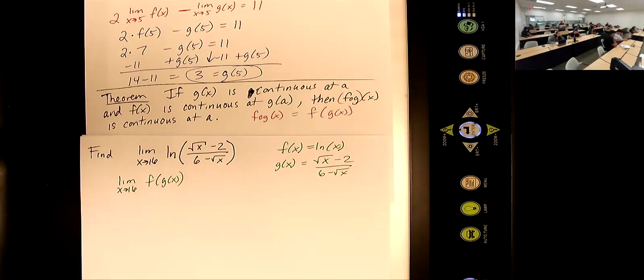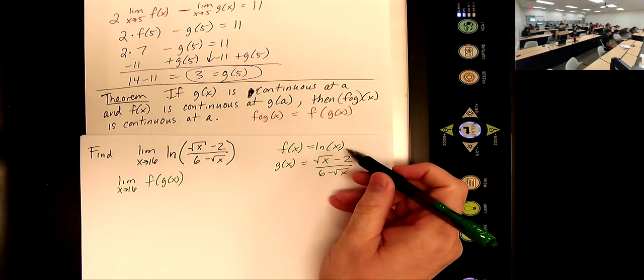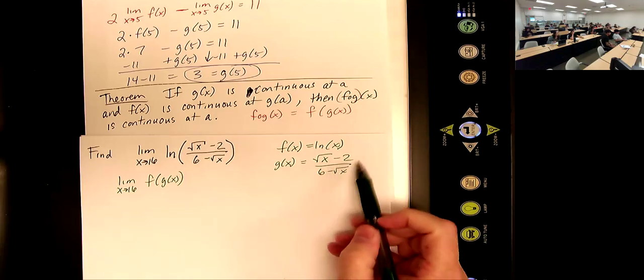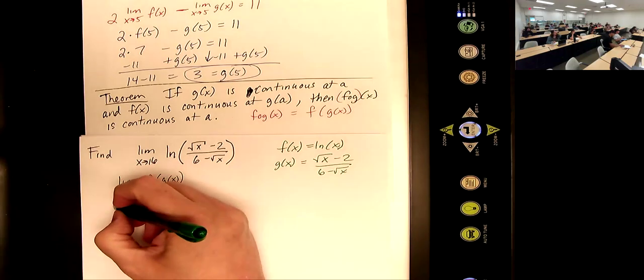So we can break it up and look at it separately. Let's look at g of x. Let's see, at 16, let's just make sure they're defined there. At 16, we have a natural log of 16, it exists, I don't know what the value is, but it exists. G of 16, if we stick it in, it's not breaking any denominator, the bottom will be 2. So it looks like we can do it,